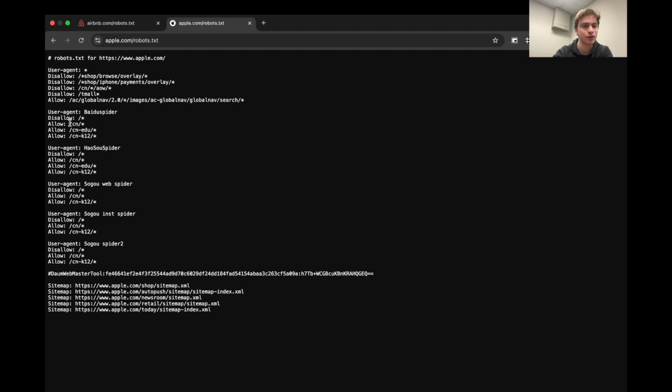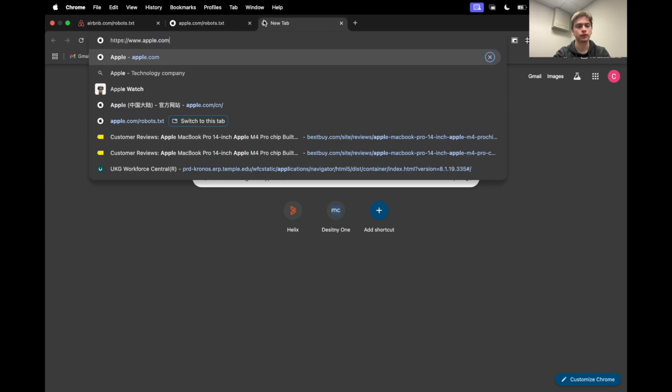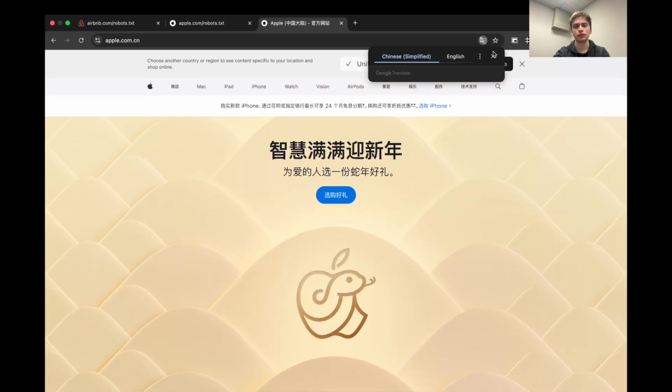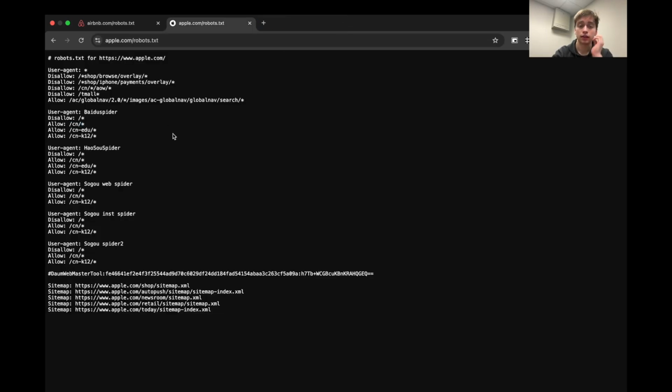Now they do allow you to scrape, interestingly, this site, which is their Chinese site. It allows you to scrape their Chinese site, but it doesn't allow you to scrape the US site. To get around this, because I don't want us getting in trouble scraping sites that we're not supposed to scrape,